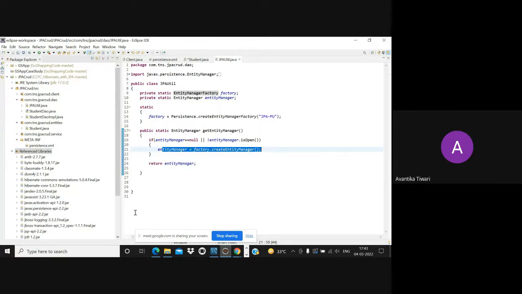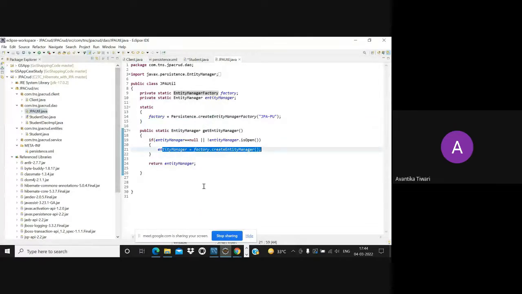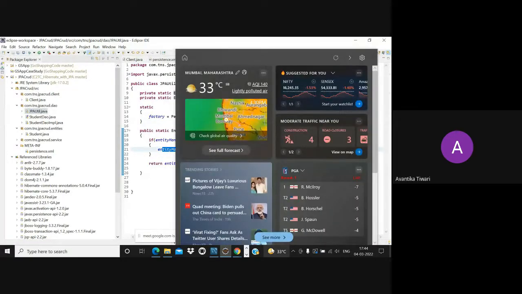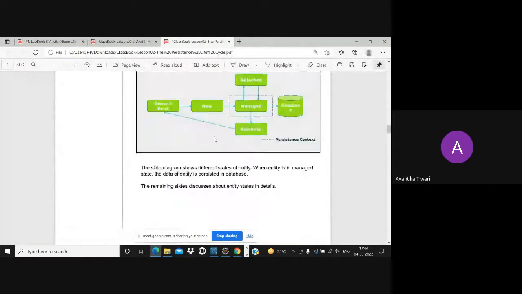That means for every object that you are creating, where will we create the object? In the client entry point of the program. Whenever you create an object, one entity manager also gets created for this object, so that the life cycle of the object is instantiated. It starts the life cycle, and the object enters the various states before getting saved into the database. So those who are not clear with the previous lectures, please go through the persistence life cycle and everything we discussed, then only things will become clear.